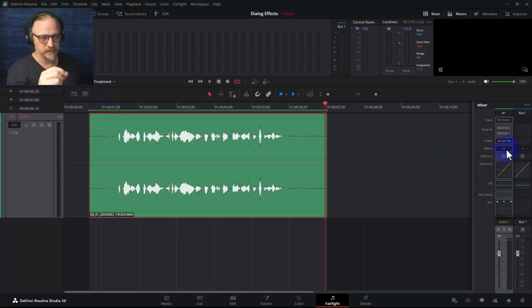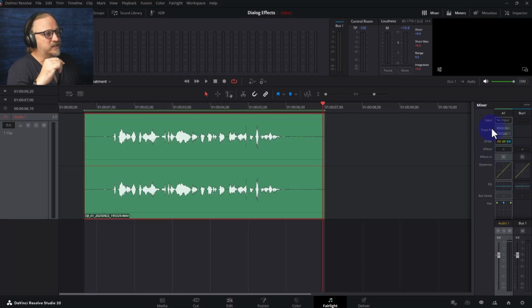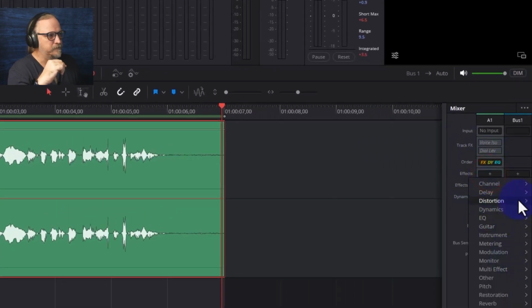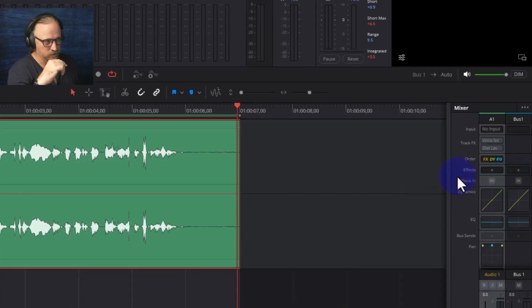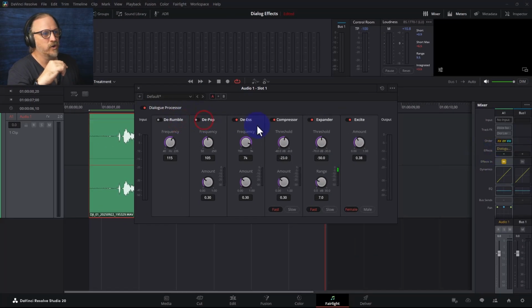Here in Fairlight, which is where we're going to be working most of the time, it's very easy to set up the audio effects, and there's one superpower that this has that the other pages don't have. You can get to these effects on all the other pages, but there's one thing. So in the mixer here, I'm going to hit the plus effects button. I'm going to go to channel and dialog processor. I don't care about all the rest of this stuff. I just want that de-esser, and the de-esser takes care of those